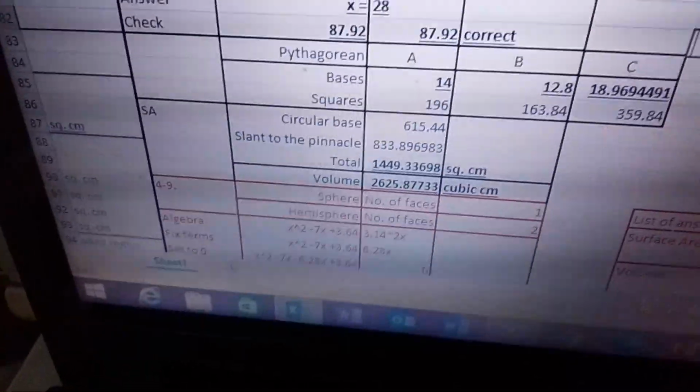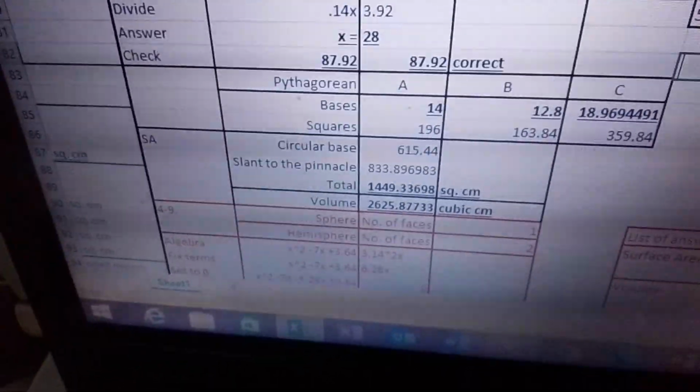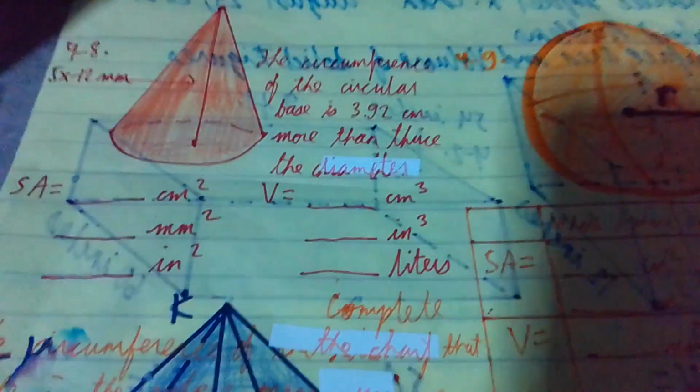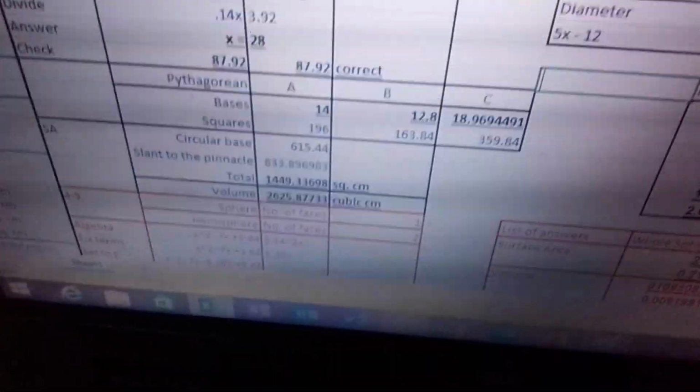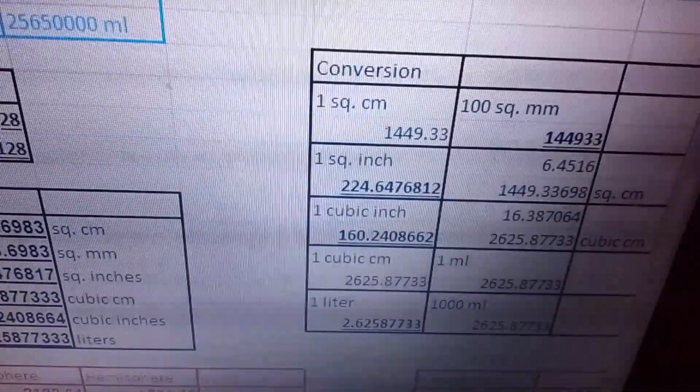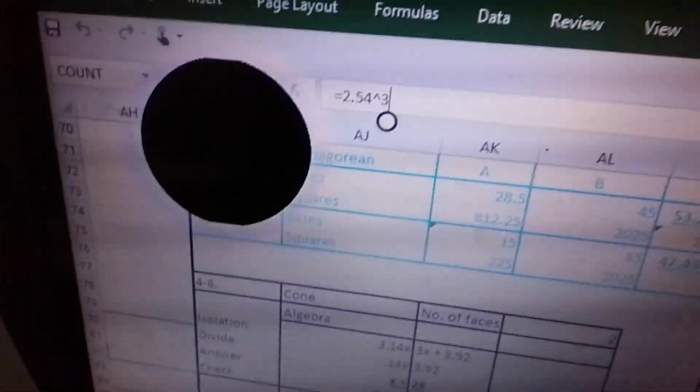cone. But we're not done yet because that's in cubic centimeters, alright? We need to convert that into cubic inches. So to convert that to cubic inches, this is the formula. 1 inch is 2.54 cm again. Pero ganito yun, di ba? This time, we're gonna have to cube it. So, 2.54 cubed. Ganito yung formula ko. And we got